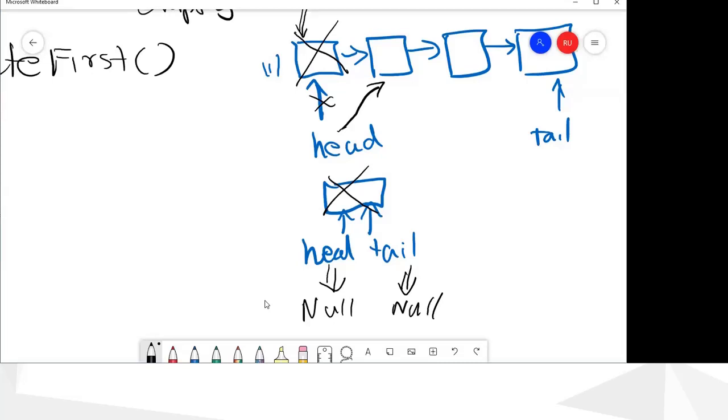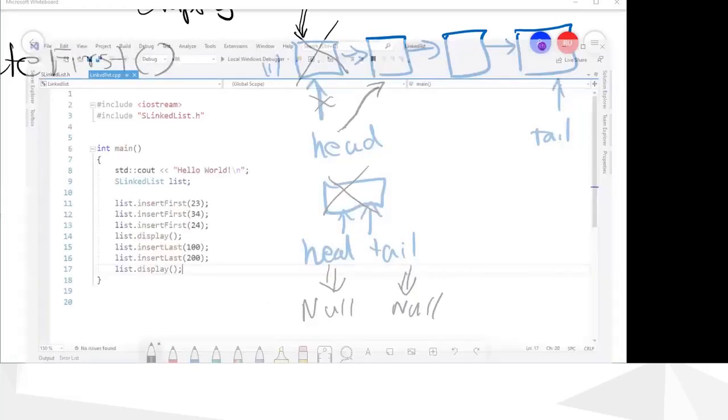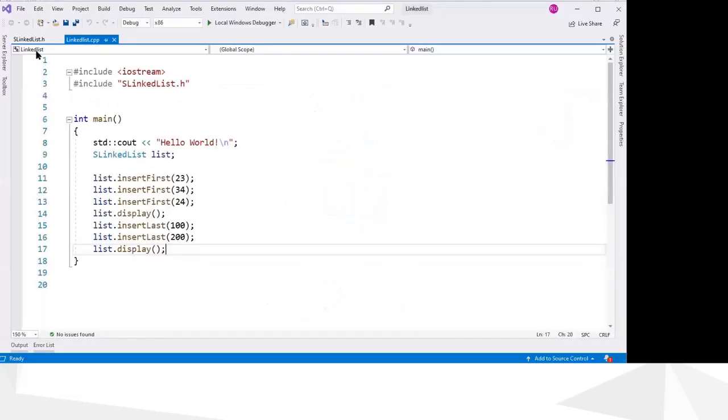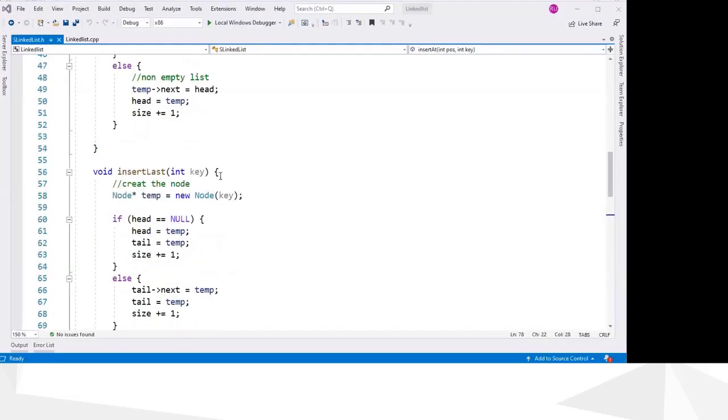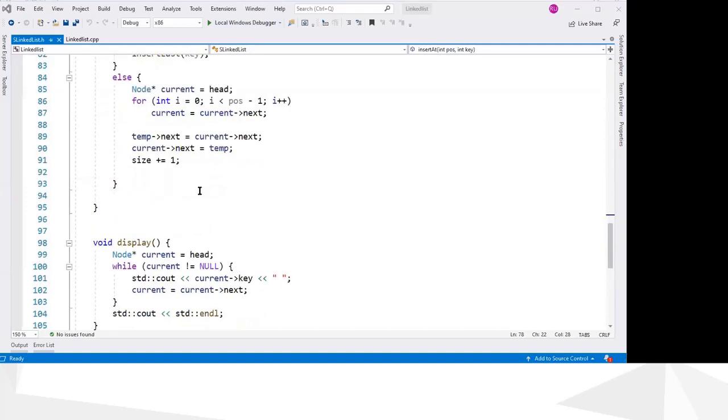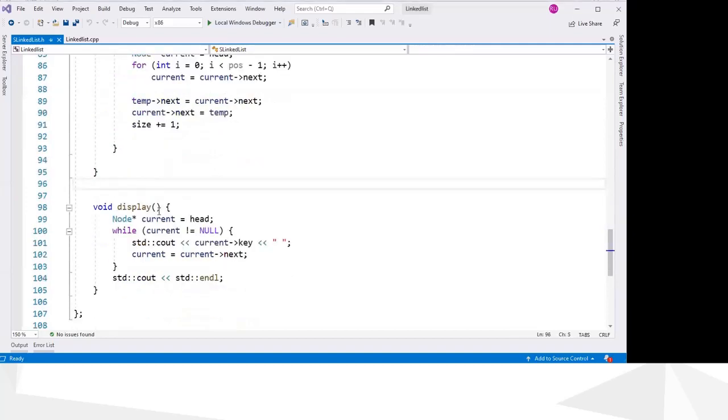If it is not empty, you go and delete, and then you have two cases. In one you don't want to change the tail, but here you are changing both head and tail pointers. We will see how to do this using C++. So now we have to write the new function.